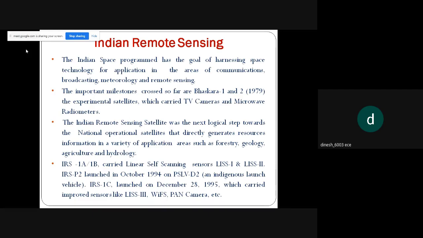The IRS 1A and 1B carried linear self-scanning sensors, which is LISS. In some places I would have quoted LISS, linear self-scanning sensors, which used linear arrays, the CCD arrays. LISS 1 in 1A, LISS 2 in 1B. In subsequent, the IRS P2 was launched in October 1994, an indigenous launch by ISRO with the Polar Satellite Launch Vehicle D2. Then Indian Remote Sensing 1C was launched on December 28, 1995, which carried improved sensors like LISS-3,